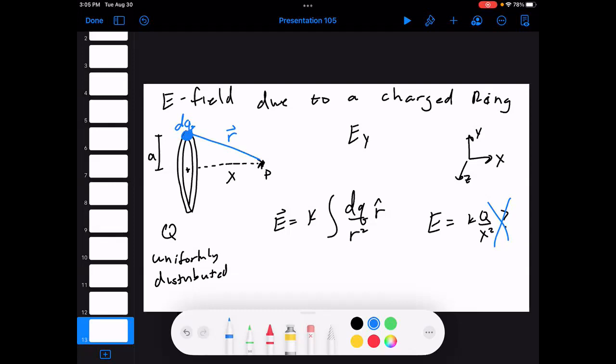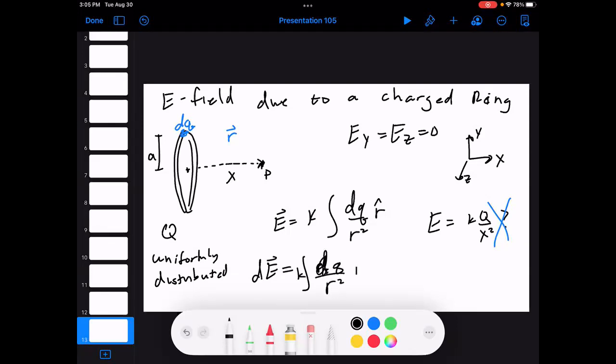But we already know the y and the z is going to cancel. Let's go one or two steps, and I think you will see exactly where that's not a terrible way to look at it, but you need to account for one or two more things. Okay, so we know EY and EZ are 0, so we're just looking for EX. And so if I have a total field, let's just do it for this little DQ. So the electric field of that little DQ, I'll call it DE, is